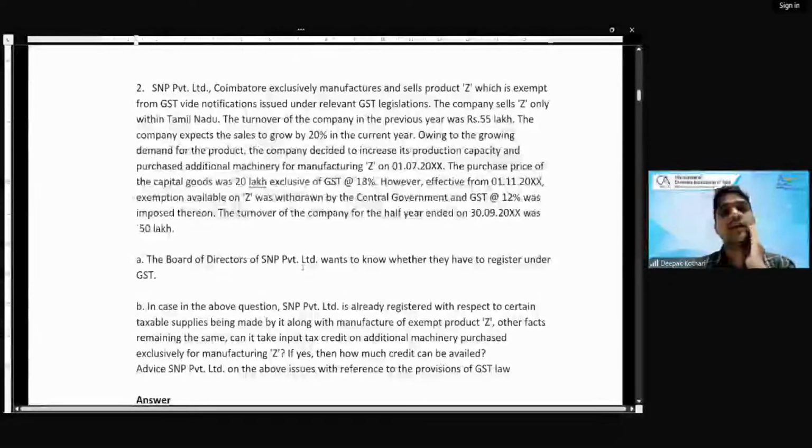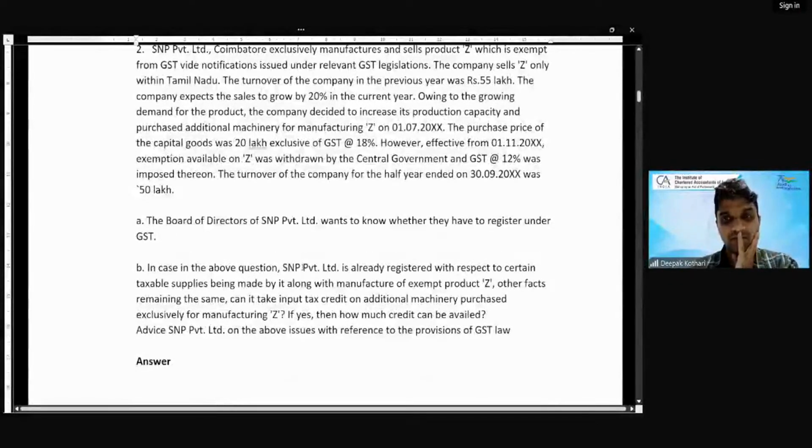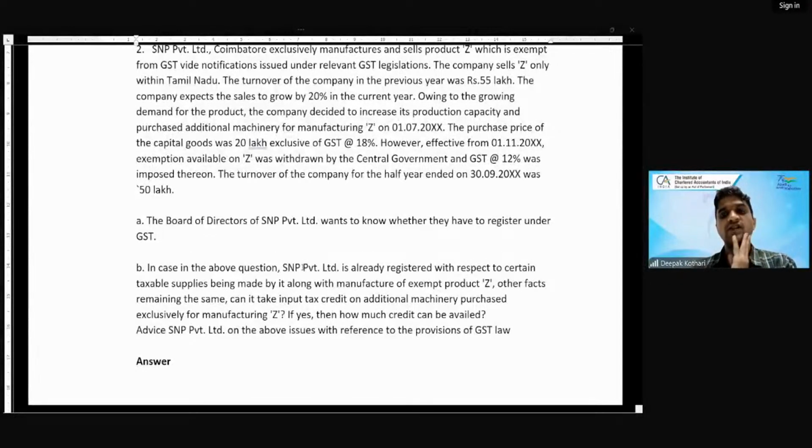Next question, SNP. Sir, if an agriculturist is also supplying goods other than agricultural goods in some other state, and the turnover exceeds the limits, then is he also required to register in the state in which he makes supply of agriculture products also? Yes, he will have to take registration once he does interstate supply other than agriculture goods, but he will have to register in the state where he is located,